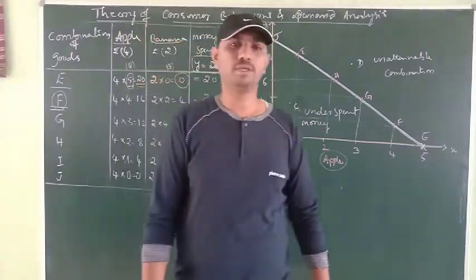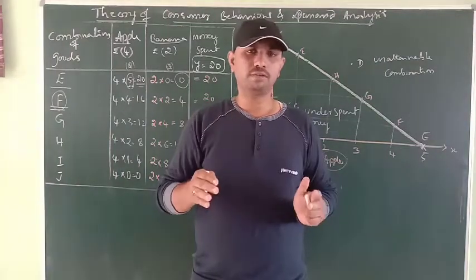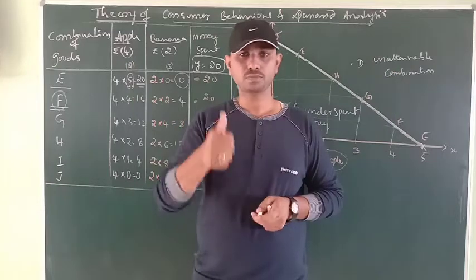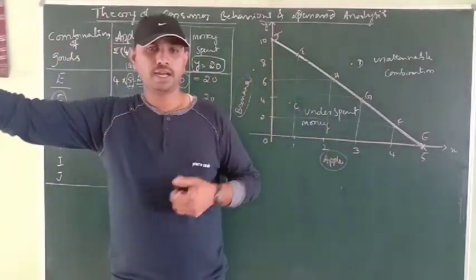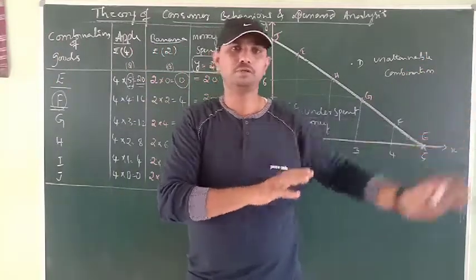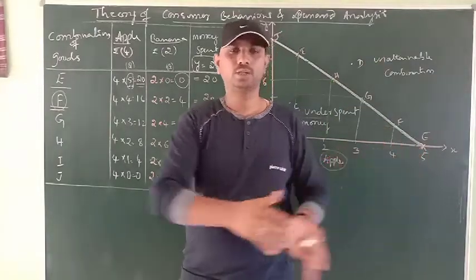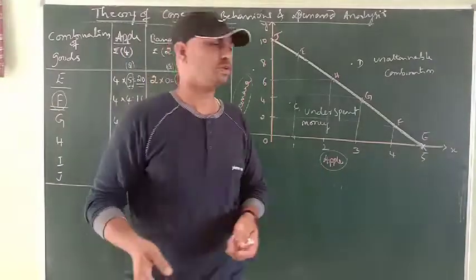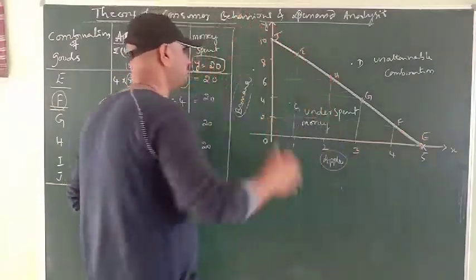Likewise, the consumer pattern will take place in this order, where within the given level of income, the consumer has two things to think about. One is utility, what he or she is going to get. The next one is the pocket, which in our terminology we call the budget. Within this budget as well as within the utility, he will plan n number of bundles, and those bundles have been highlighted here as E, F, G, H, I and J.